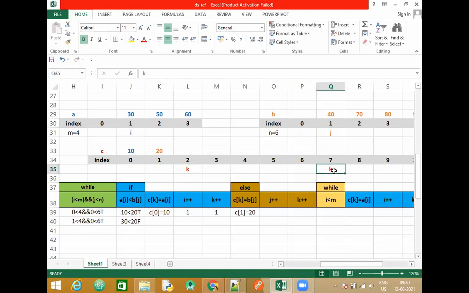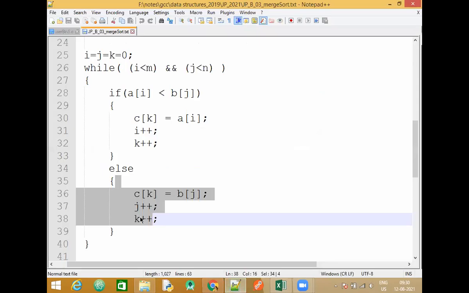This k, since yesterday I was doing this, that is present, don't be confused with that. Let me write the updated values here. j is 1, k, have a look here, k is 2. This part is done. Again, which statement will be executed now? We executed this. We are still in the while loop.